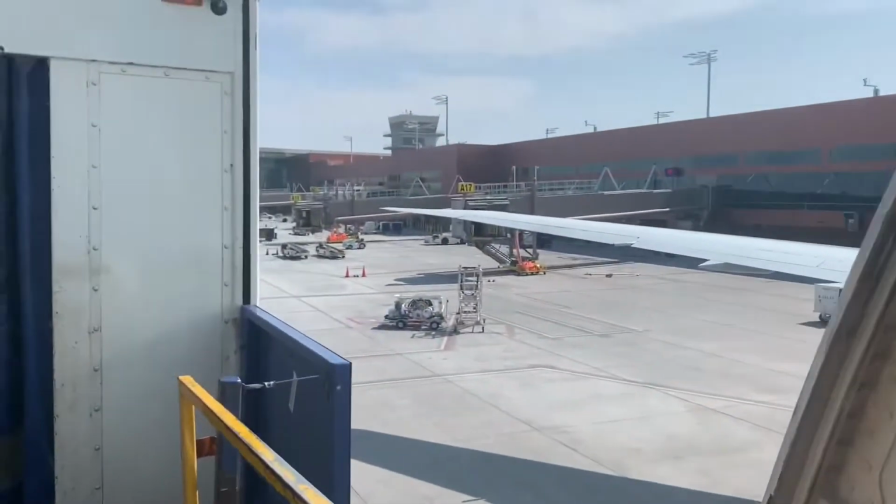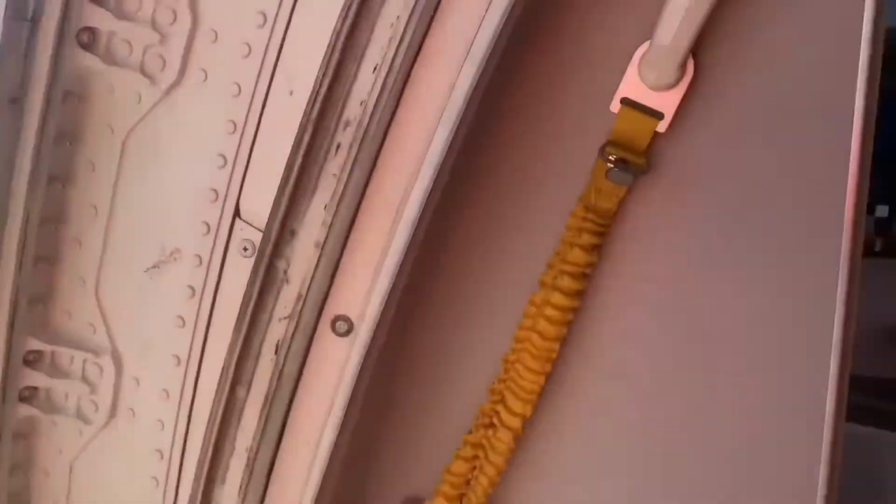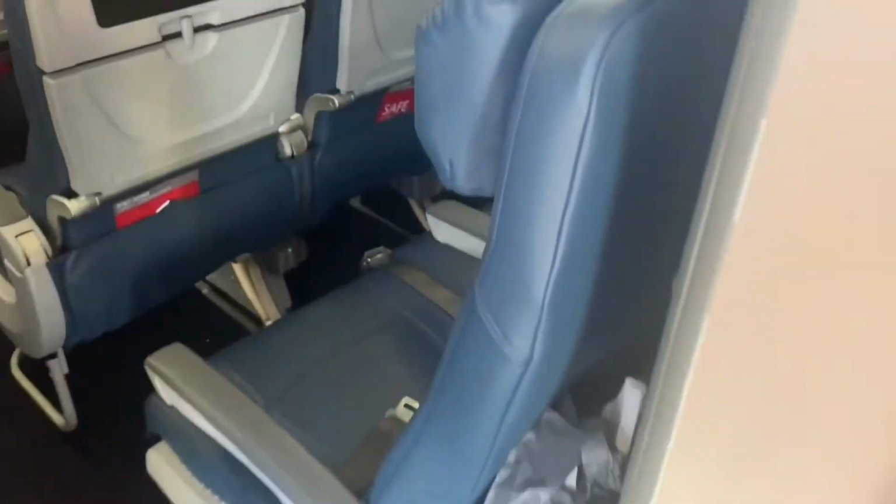Yeah, check out the new airport. So they're gonna tear down the old building and make a new one again, because that's the half of it. There's still more to come, so